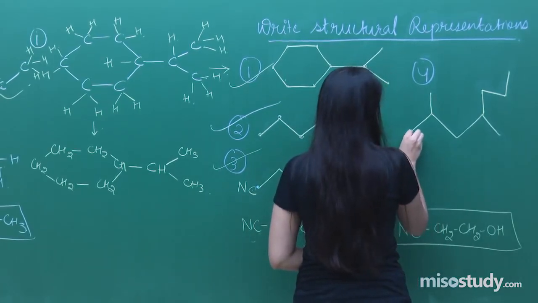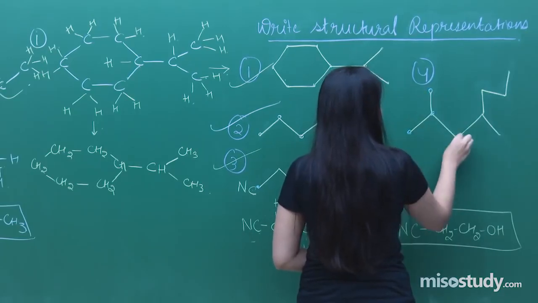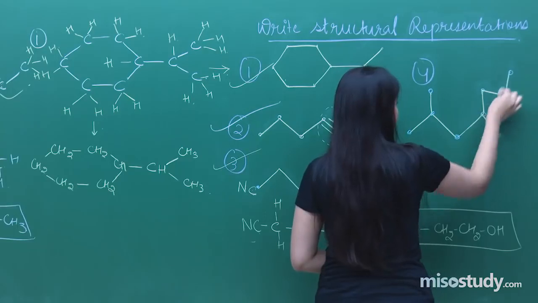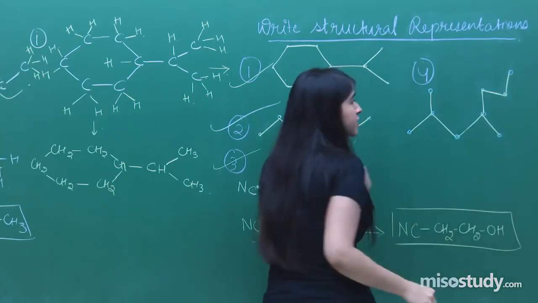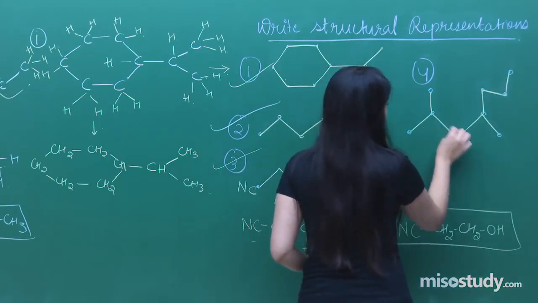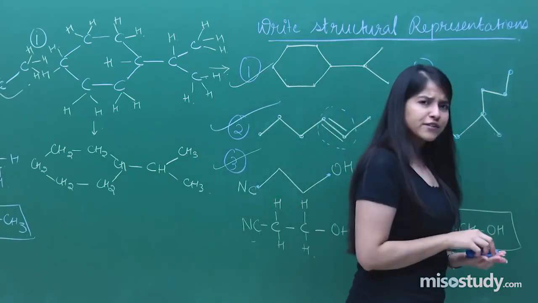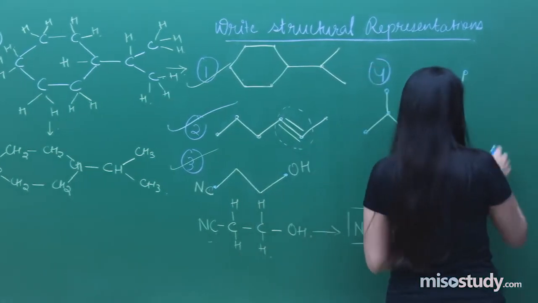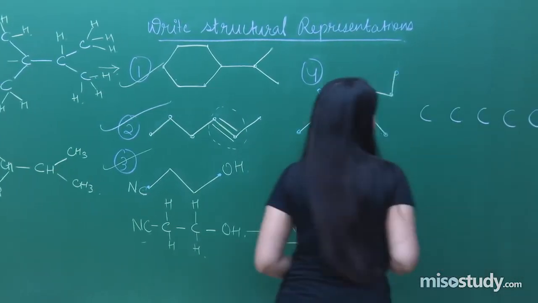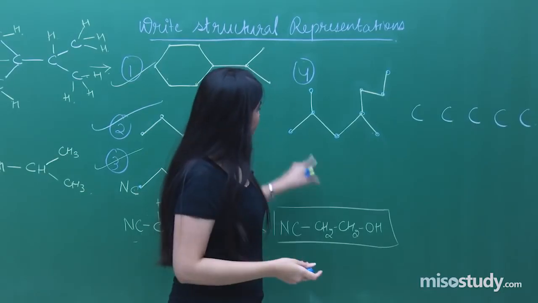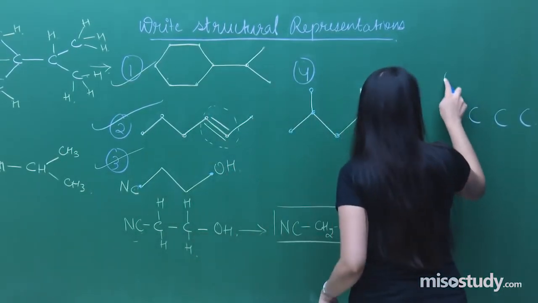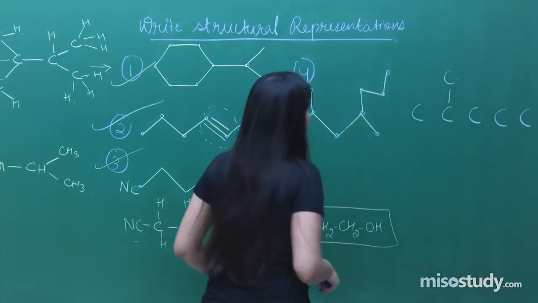So it is carbon, carbon, carbon, so many carbon atoms. I've got a branch as well. So this is a branch, this is a branch, I've got 2 branches over here. How do I represent? 1, 2, 3, 4, 5. So let me just write the 5 carbons first. 5 carbons I have written. The second carbon has 1 methyl group attached. That means 1 more carbon has been attached.